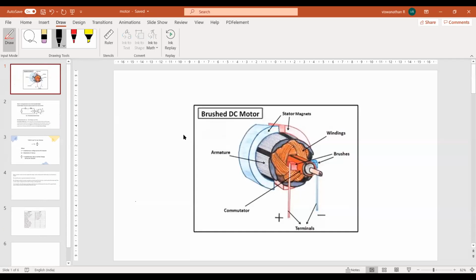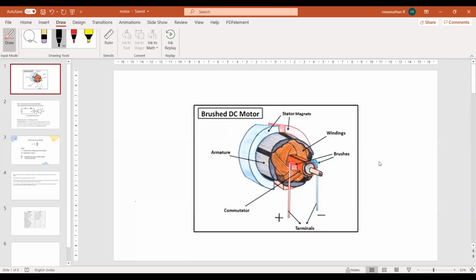So from this class we will be discussing how to mathematically model some of the systems, okay, using the white box method. What is white box method? Knowing the physics of the system completely and then modeling it. Okay, so why a motor? Motor is very common for almost all applications.